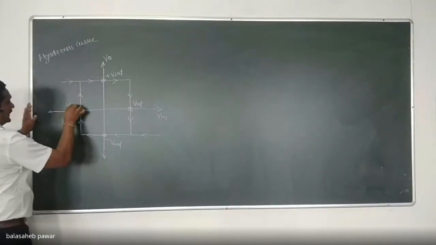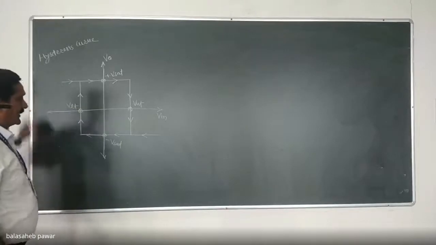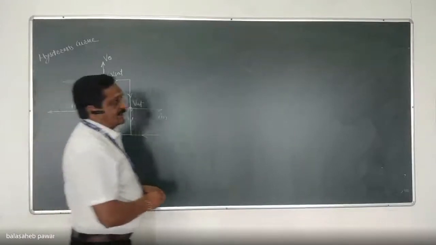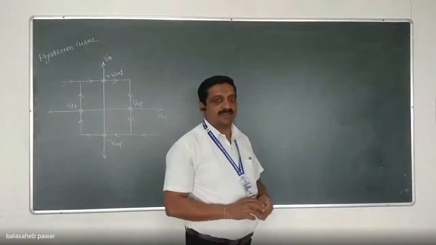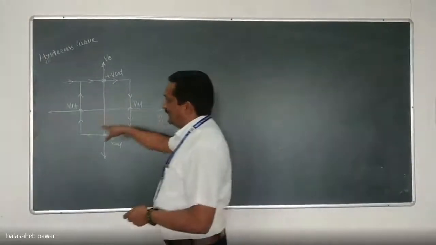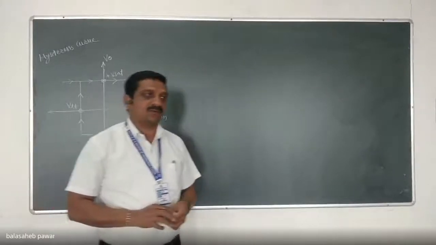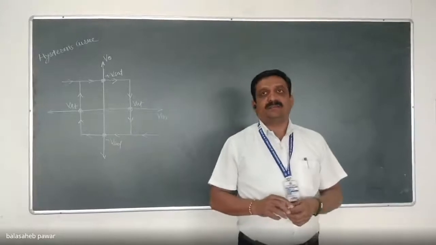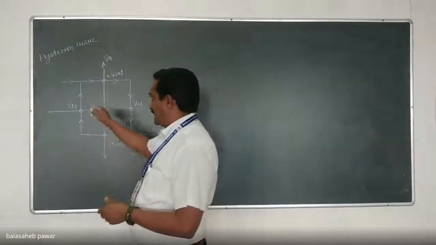What are VUT and VLT? That also we discussed yesterday. They are nothing but threshold voltages. Yesterday we derived the formula VUT equals R1 divided by R1 plus R2 into plus VSAT. And VLT, the lower threshold voltage, equals again R1 by R1 plus R2, that is the feedback factor beta of that feedback network, into minus VSAT.